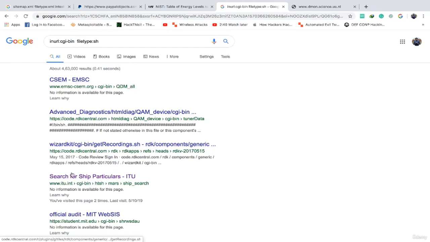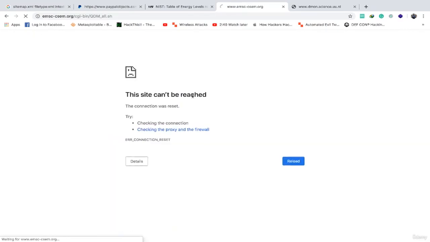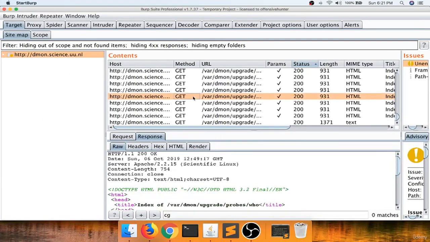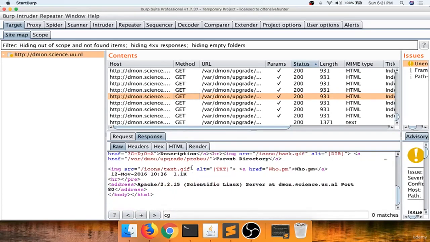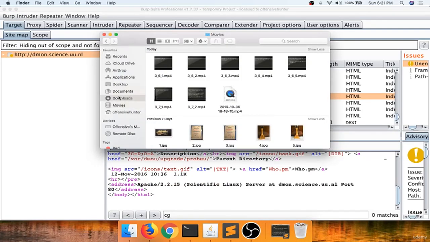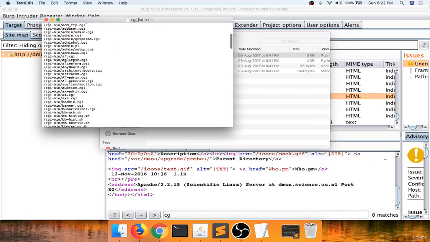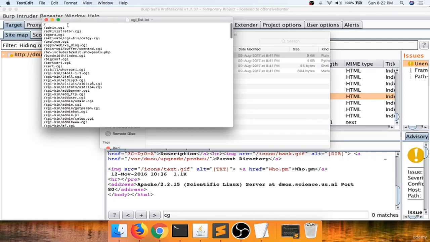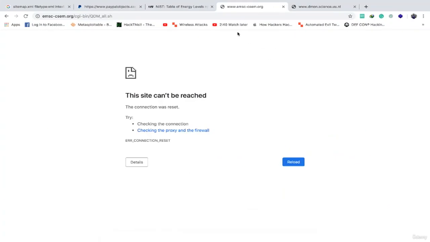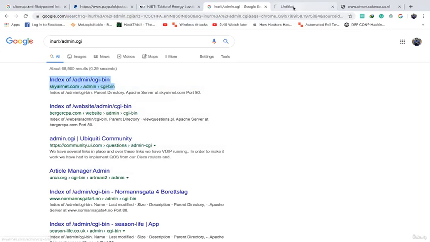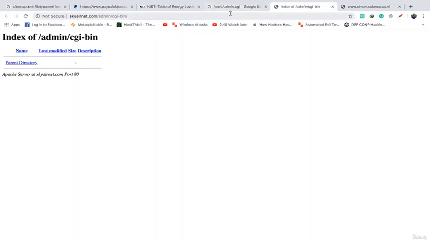Or if you are not getting any files, let's try on any other application. Let's say if you are not getting anything on the server, you can try these file downloads, these are the files in any application, and you can try over there. For example, I'm just trying random websites, not the website I mentioned over there. Let me try on this random website. If I'm trying this one, /admin.cgi, I got a CGI bin, and there are